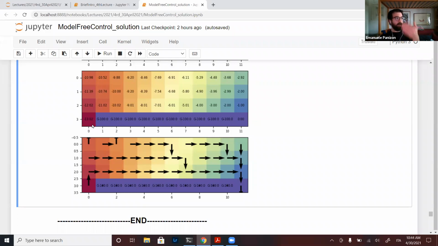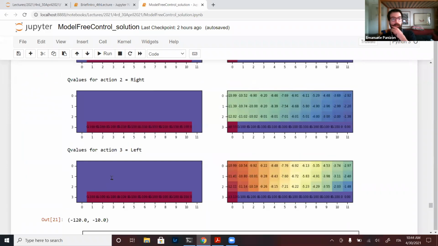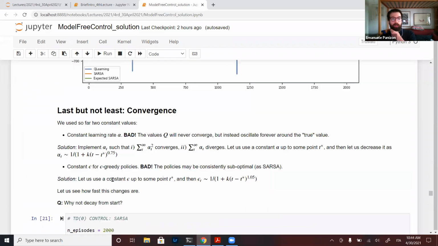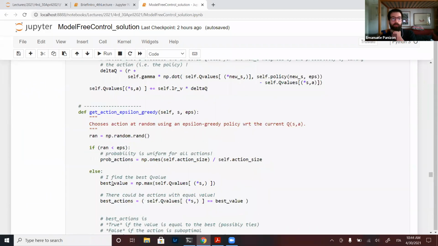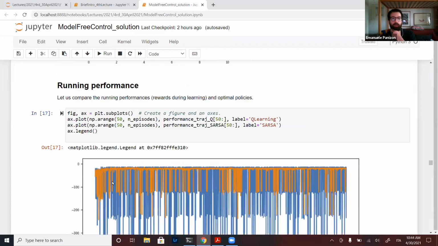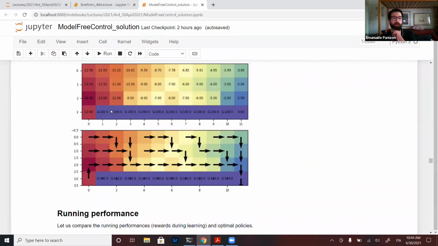So the Q values have converged much better than, for example, let's see, let's take, perhaps also Q learning was not bad. Q learning was, you see, 0, 1, 2, 5, 6, 7, 8, 7, 8, 9, 12, 13, 14, 13.